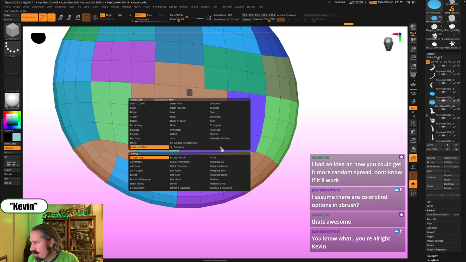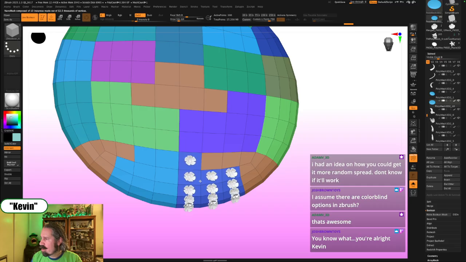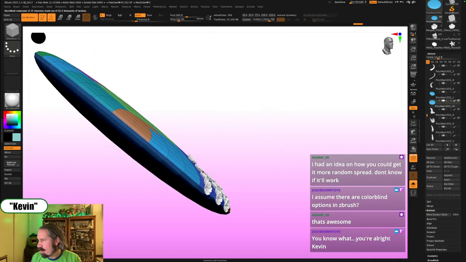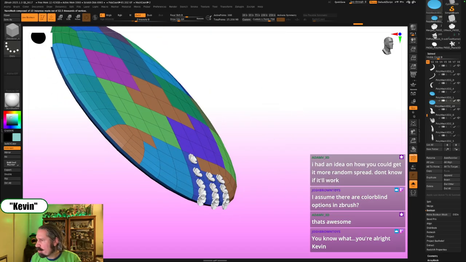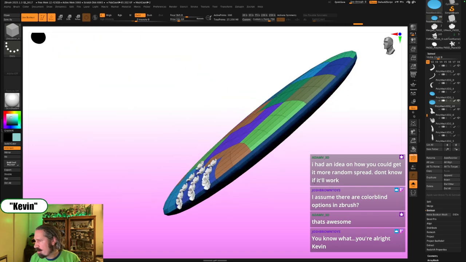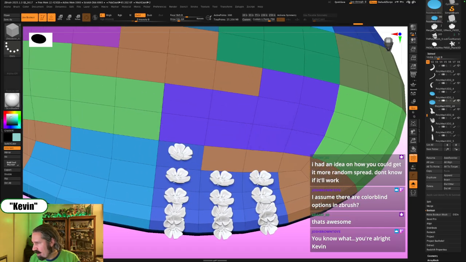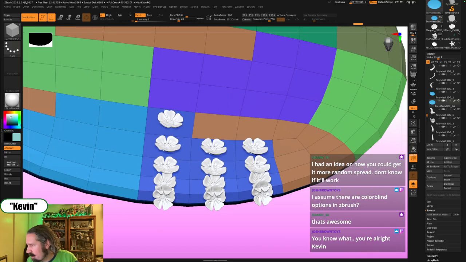And we're going to change this again, polygroup island, so we can go bit by bit. Oh wow, look at that, it's already sunk into the base about as much as I would want it to, so that's kind of nice. So now that we have this all kind of figured out,